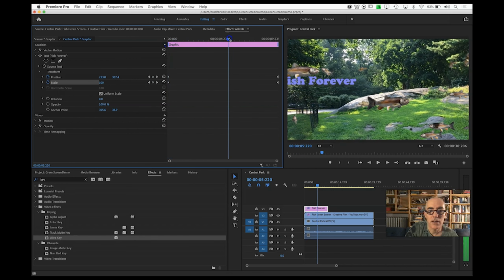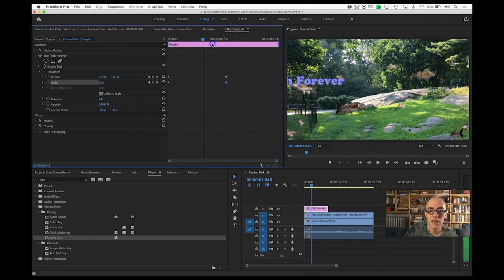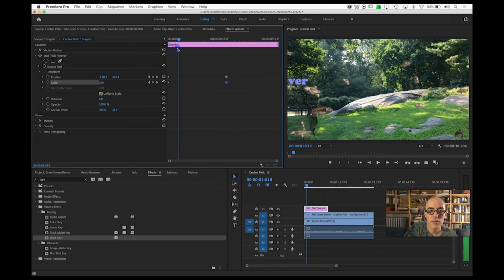So I'm going to go ahead and grab that keyframe that I put at the end and drag it over to somewhere in the middle. All right, so now it goes from that to this. But I'd like it to wander a little bit, so I'm going to go to a point, I don't know, 20% of the way through. I'm going to add another keyframe